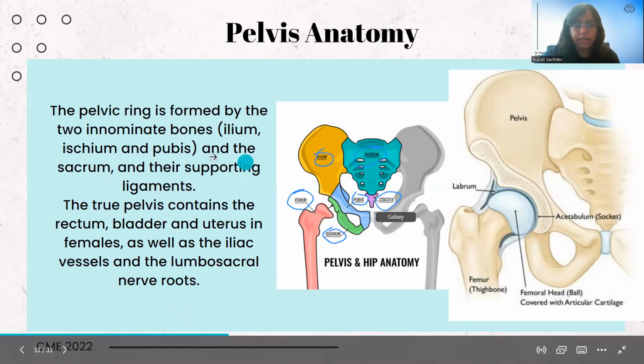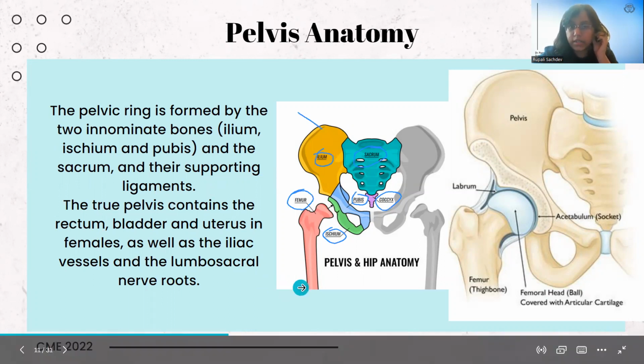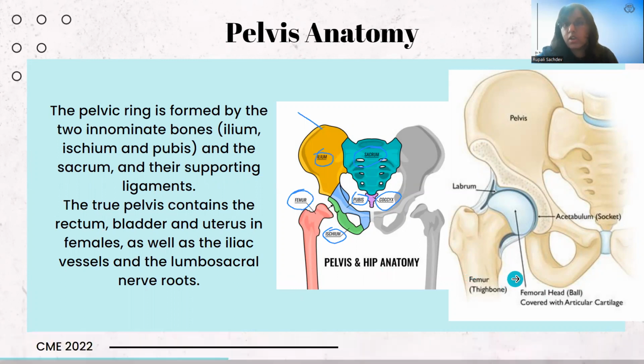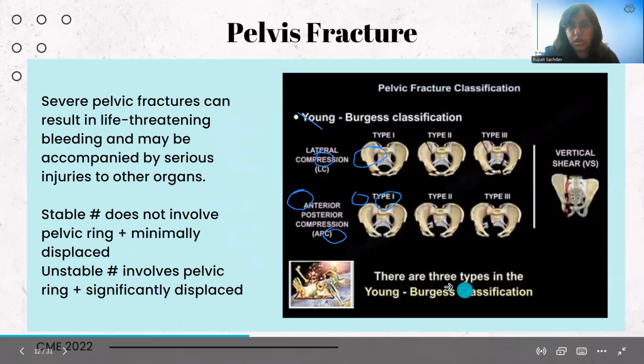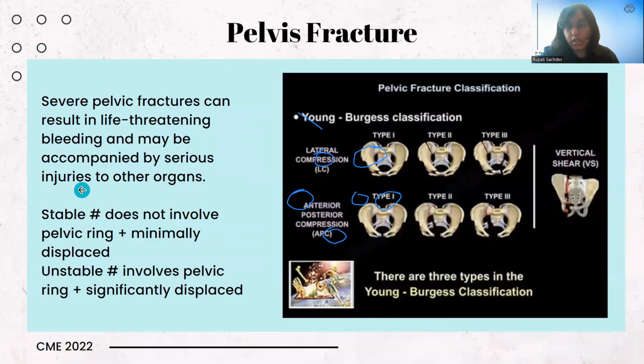So the pelvic ring is formed by two innominate bones and the sacrum and the supporting ligaments. The true pelvis contains the rectum, bladder, and uterus in females, as well as the iliac vessels and the lumbosacral nerve roots. So why we focus on pelvic fractures so much is because